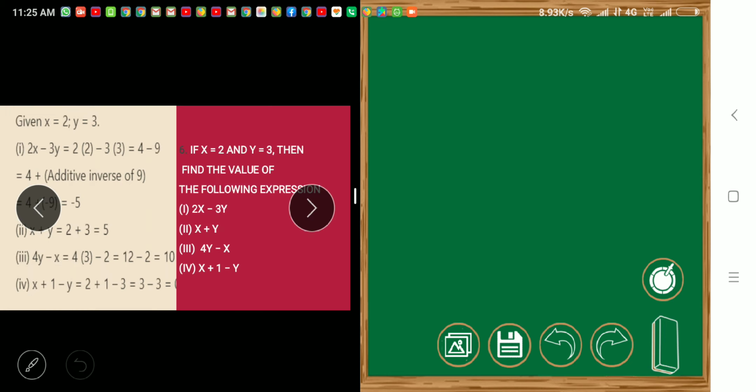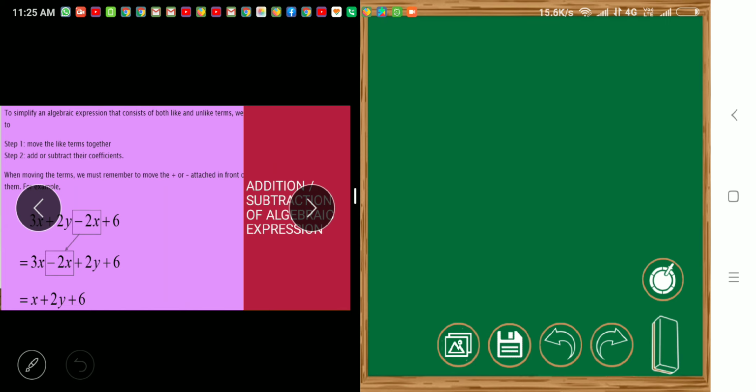Next one. Again finding the value only, it is given. Find if x is equal to 2. We have done this already, just now. So far we just found the value of algebraic expression. Finding the variable, constant, like term, numerical coefficient, coefficient of x, coefficient of y, terms, number of terms, types of term, these are all we have learnt. Now slowly we are going to learn about addition and subtraction of algebraic expressions.